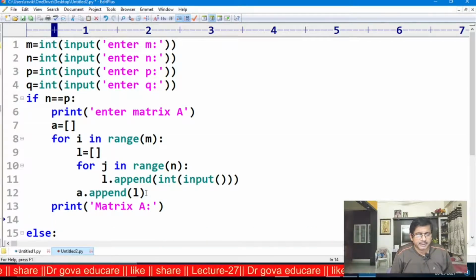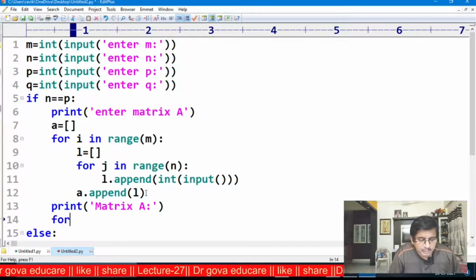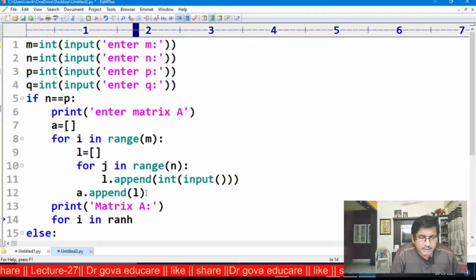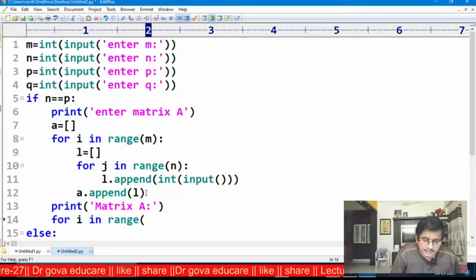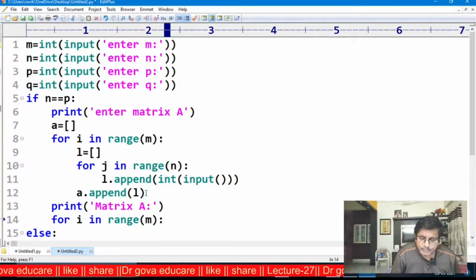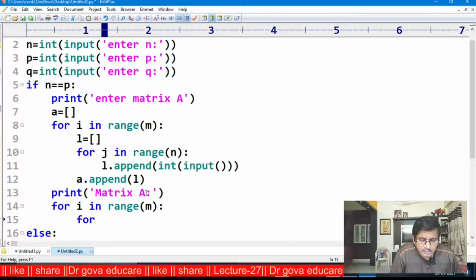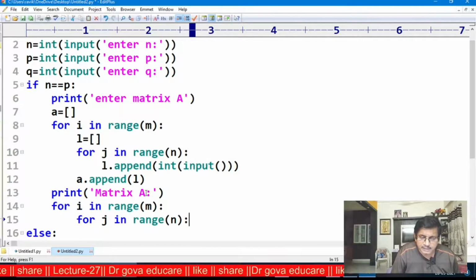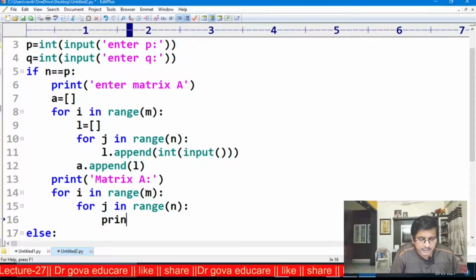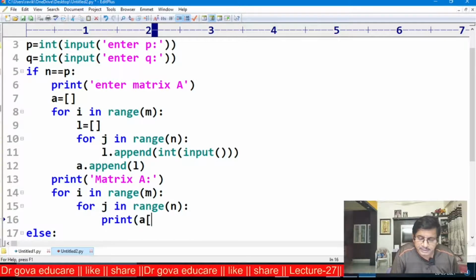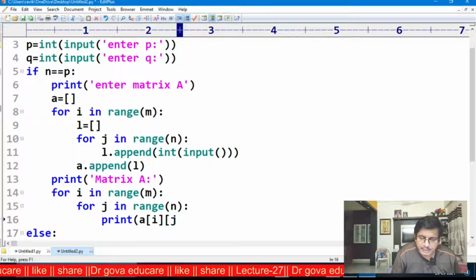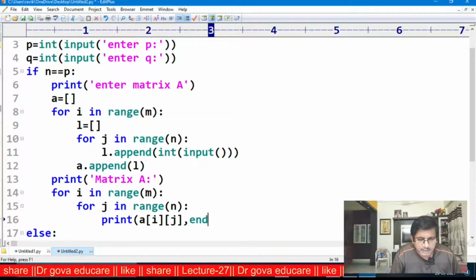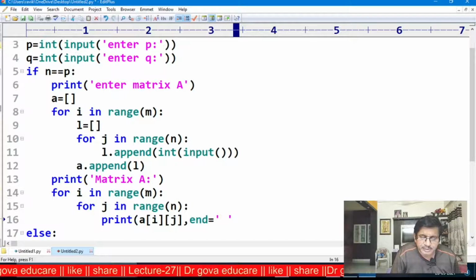I want to display the matrix: for I in range M, for J in range N, I want to print Aij, comma, and is equal to some space.